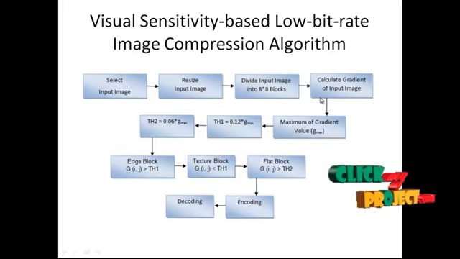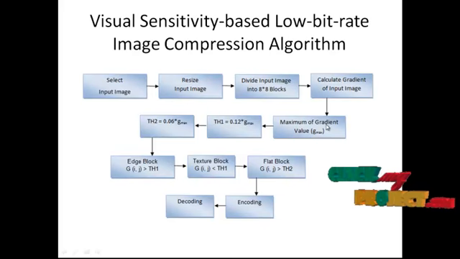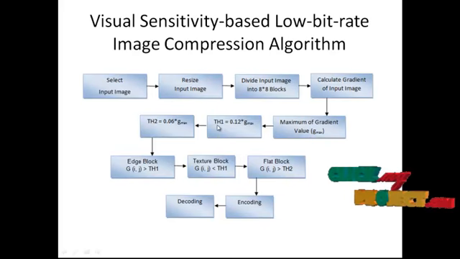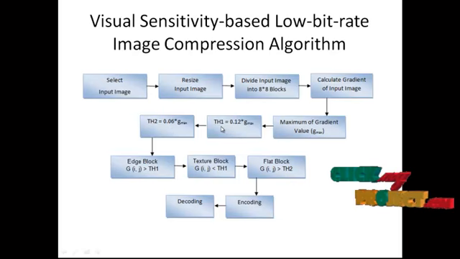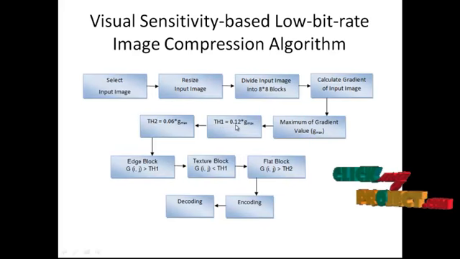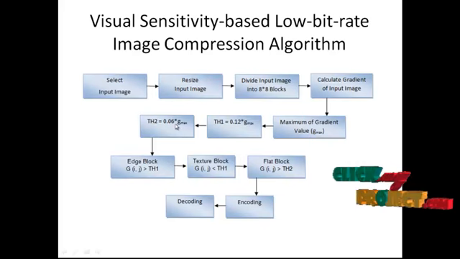Next, we compute the gradient of the input image. The maximum of the gradient value is chosen to compute threshold values TH1 and TH2. TH1 is computed by multiplying the maximum of gradient value by 0.12 and TH2 is computed by multiplying the maximum of gradient value by